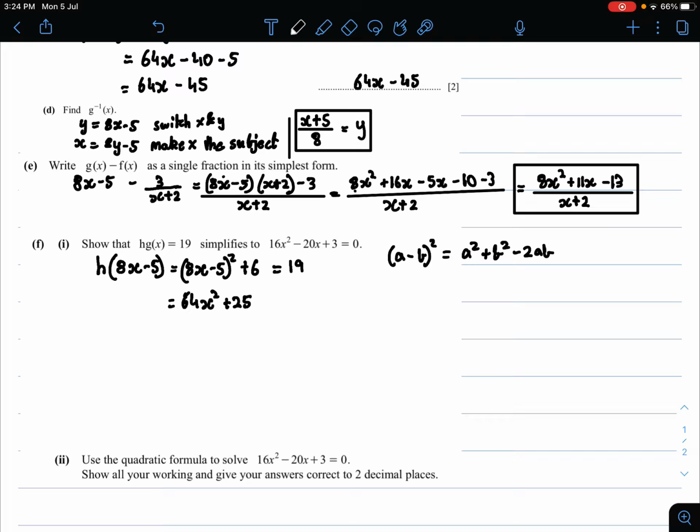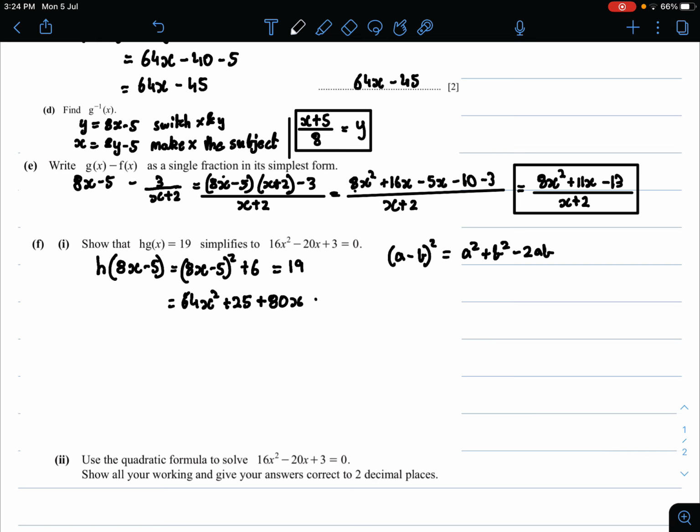Now again, minus 2ab as well, so minus 2 multiplied by the a term, which would be minus 16x, multiplied by minus 5. So we can simply do minus 16 multiplied by minus 5. Of course, it'll give us a positive answer. So that would be plus